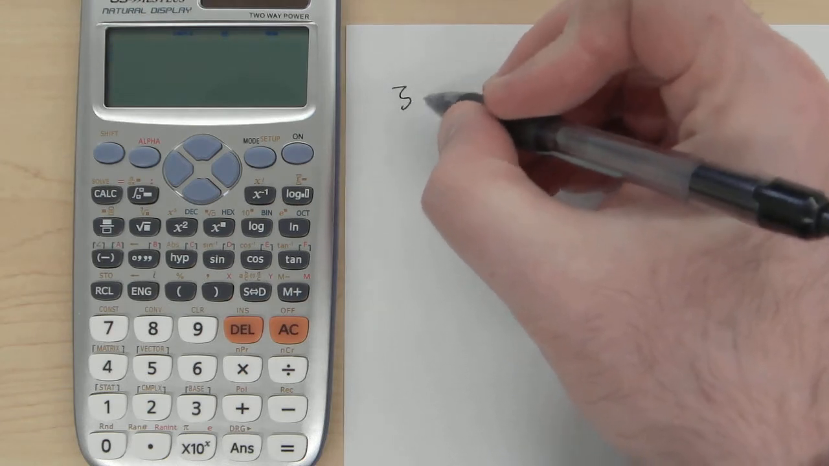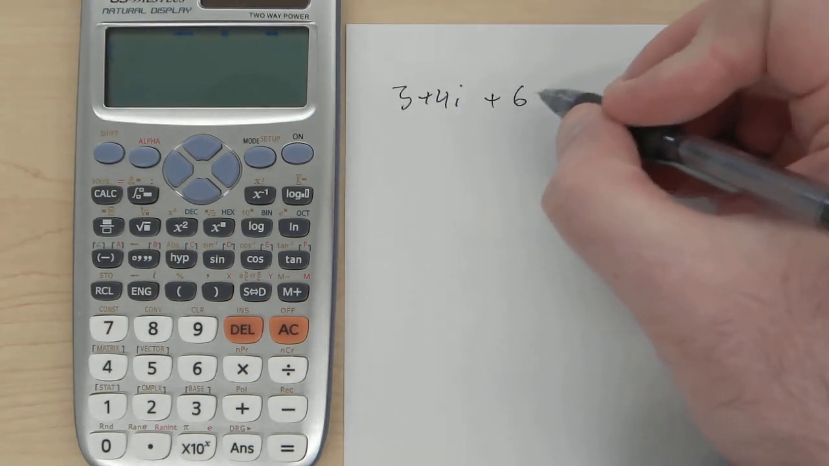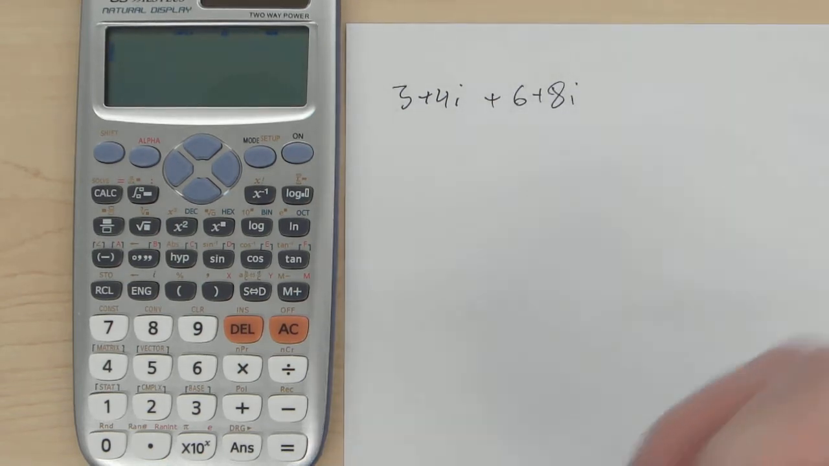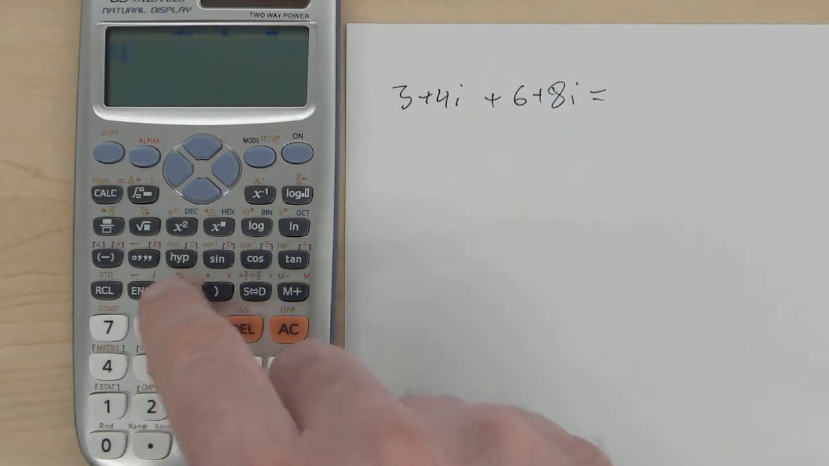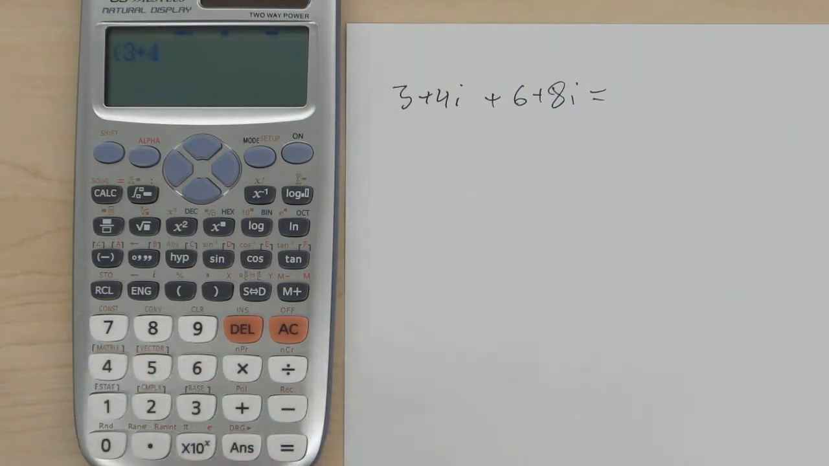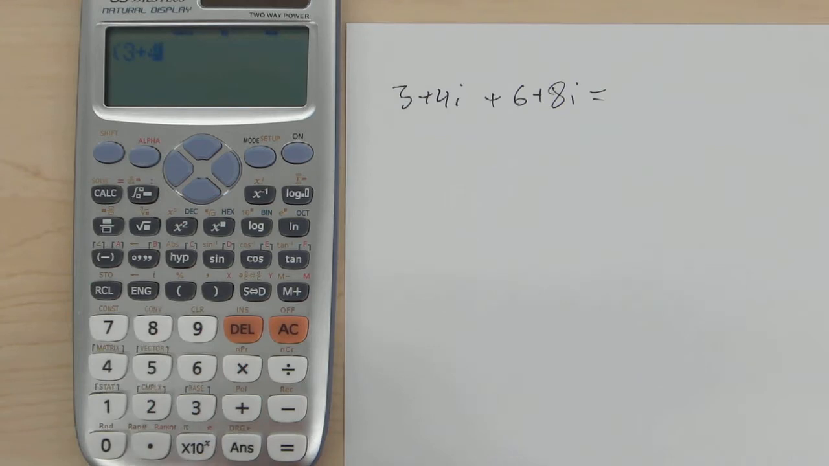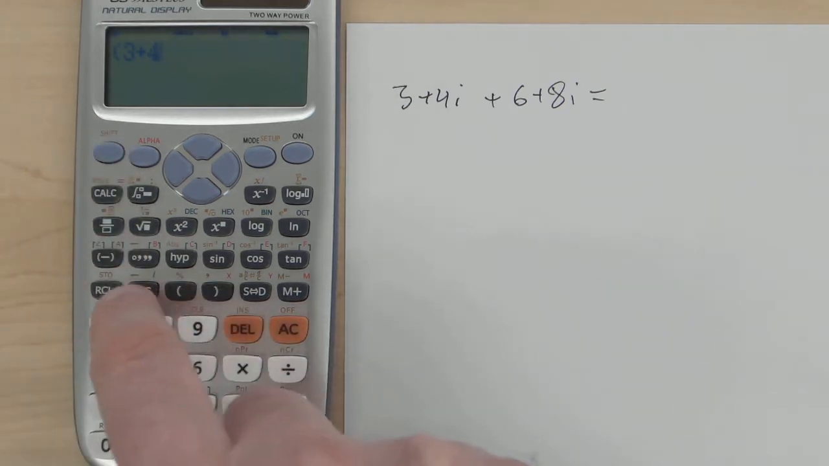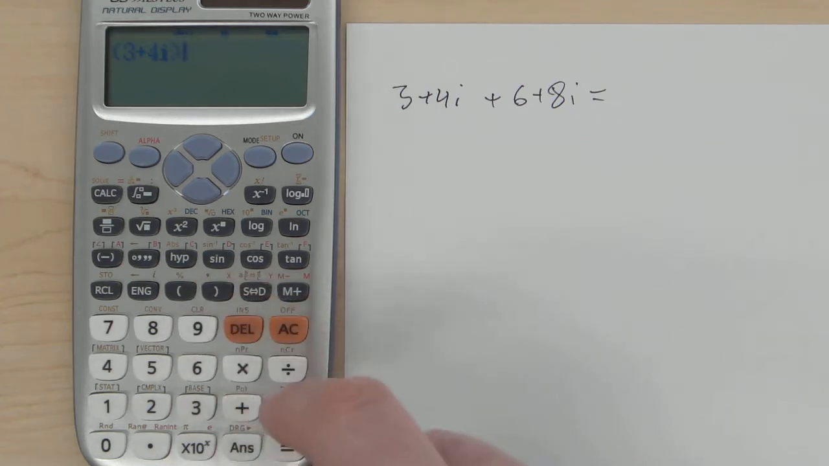So we're going to start with a simple one, 3 plus 4i plus 6 plus 8i. And we want to know what that's equal to. So all complex numbers always go inside parentheses. So I'm going to say open parentheses, 3 plus 4. Now the i symbol is right here above the ENG, the engineering format. So there we go, 3 plus 4i,